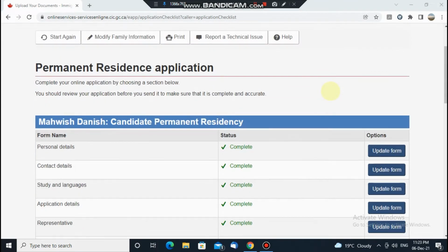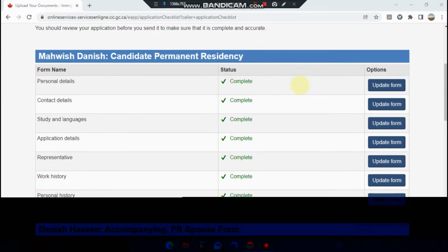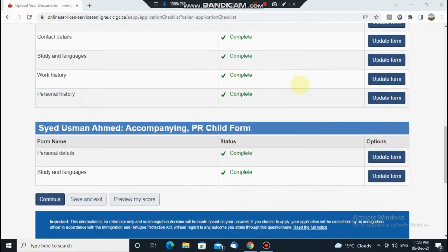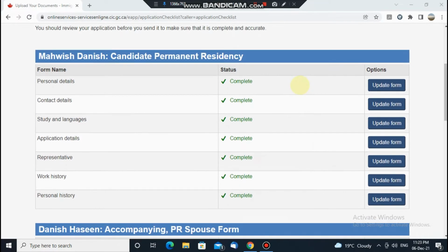This page is open, and here you can see all the candidates, and you can see the personal details and contact details. This you have already submitted in your Express Entry profile.